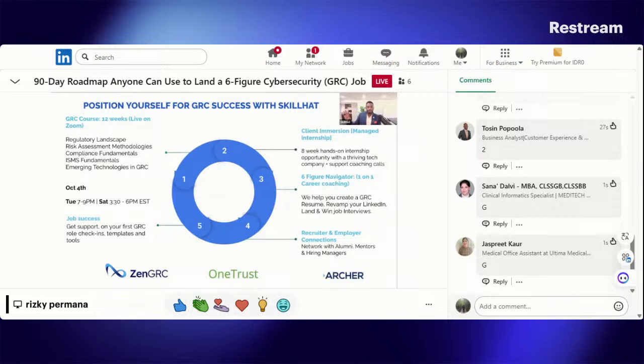Now, once you land the job, we don't stop there. We have a bonus fifth step where you can get support on your first job through a different program. This is called the seven-figure boardroom, where if you make 100K a year or more, this is another program to help you grow to become a leader and a director and do well in your first job. And so you will get some free support on your first job, but there's another program to ascend to really become a leader in tech. So that's the fifth step, job success.